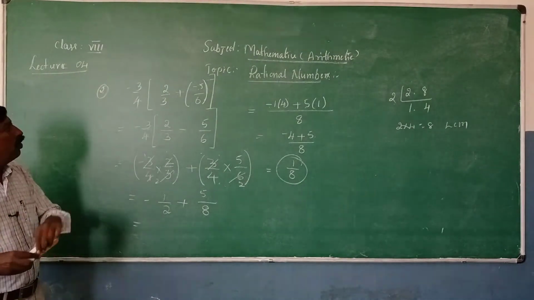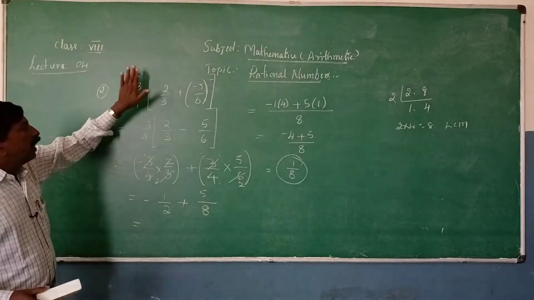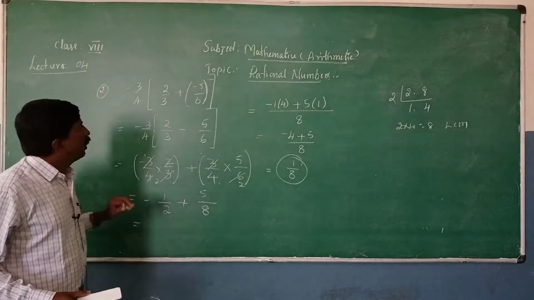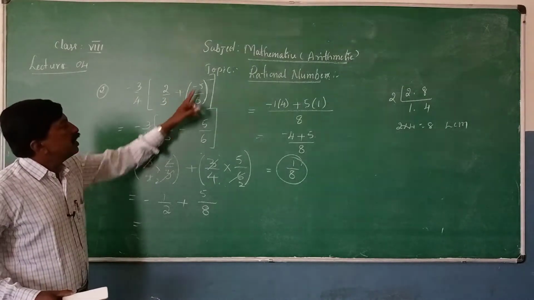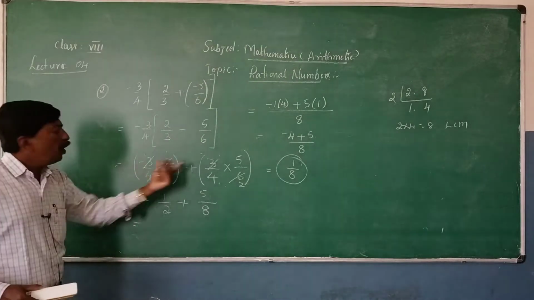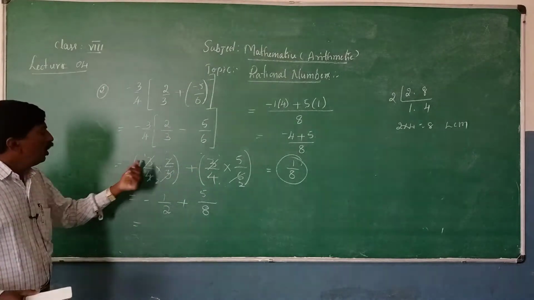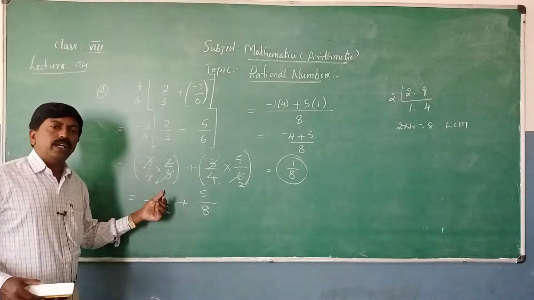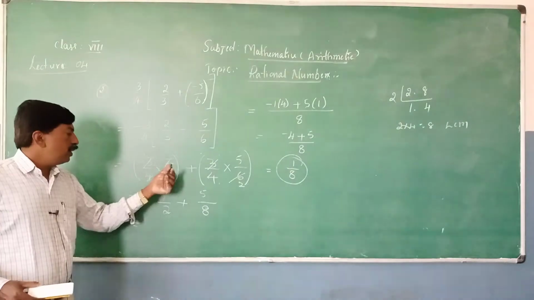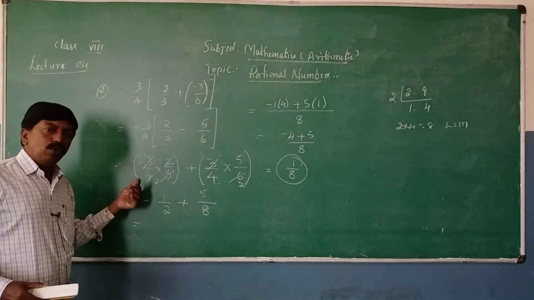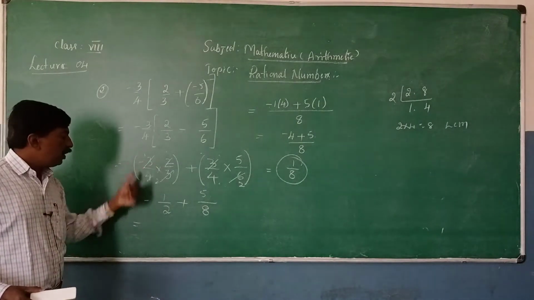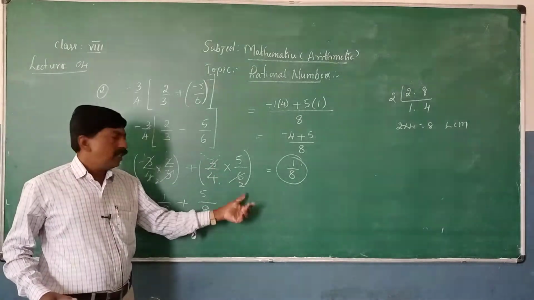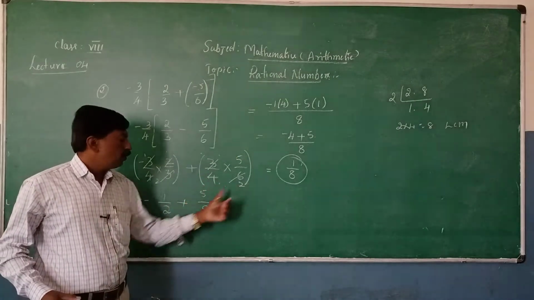Okay. So this is a into (b plus c) is a into b plus a into c. So here plus into minus is minus 5 by 6. We have written it as it is. So apply the rule, that is the product rule. 3 1s are 3, cancelled. Numerator and denominator have the same quantity. You can divide. So if 2 is a factor of 4, therefore 2 1s are 2, 2 2s are 4, it will divide. Now remaining 1 1s are 1, 2 1s are 2. Here 5, 3 1s are 3, 3 2s are 6. So 5 into 1 is 5, 4 2s are 8.